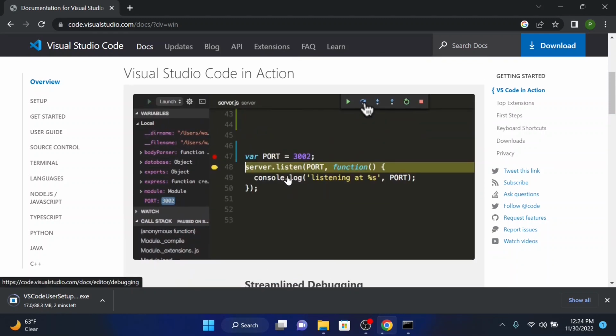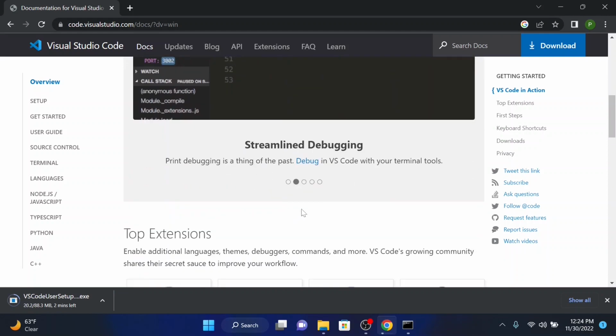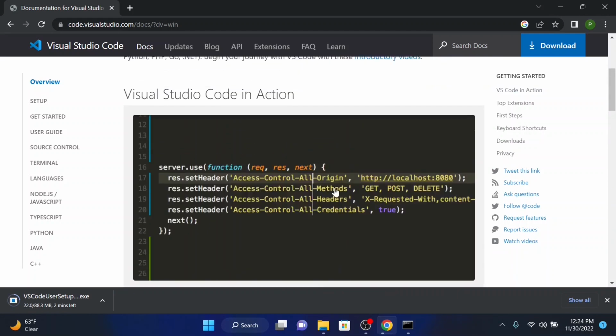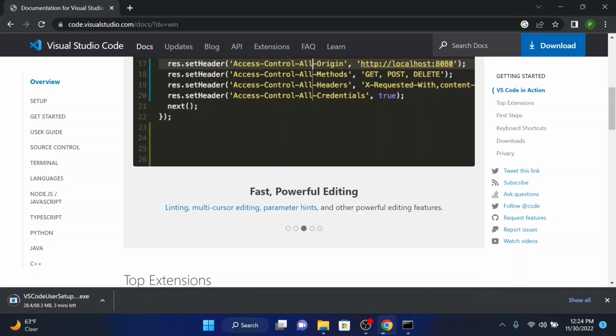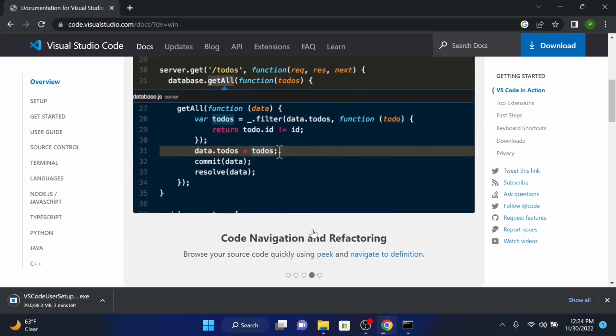VS Code can help you to run your code. You can have different themes, and you can see each of the text has different colors. It just makes your text look good. It gives you the ability to format your code, and gives you auto completion whenever you're writing code. So it gives us a lot of features that are a really good advantage in programming. It's a really good text editor to have. So let's just install VS Code.